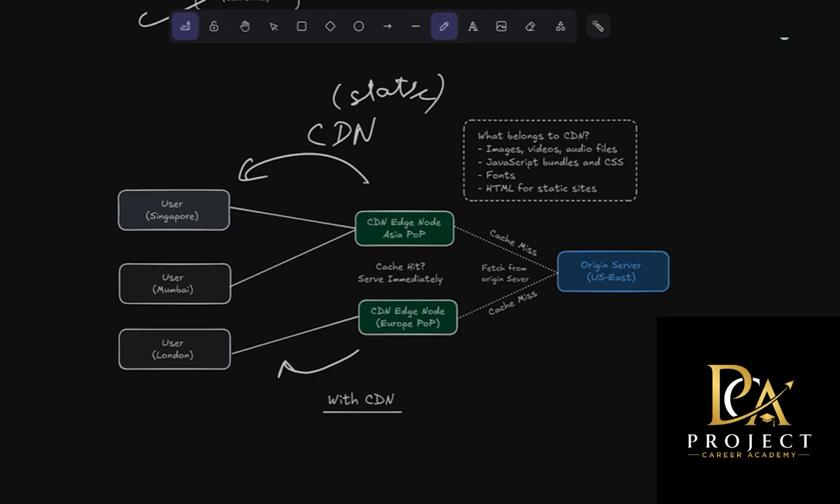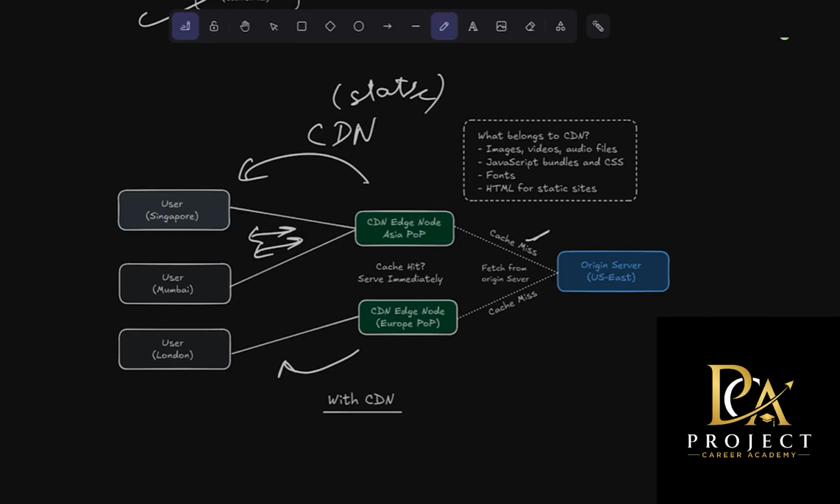Now when there's a second and a third request, or any future request, this time the file already exists inside the edge node. And this is called a cache hit. So the user connects to the CDN edge node, it finds the file there, and the file is returned to the user. And this process will be significantly faster. Now let's talk about what data should actually be stored in a CDN. CDNs are ideal only for static content. Your examples would be images, videos, audio files, CSS files, something that's not going to change.